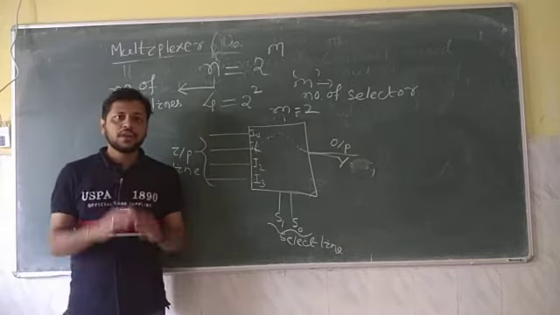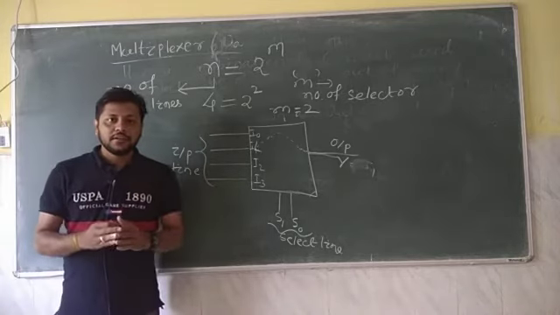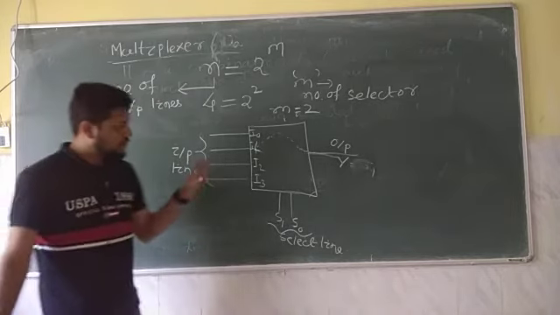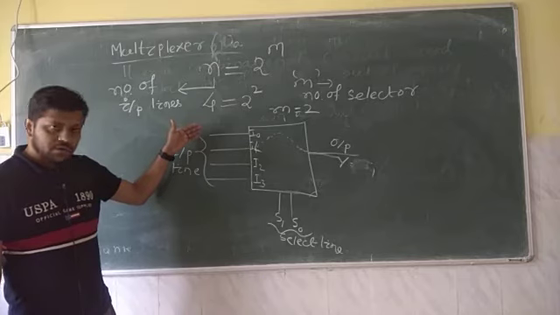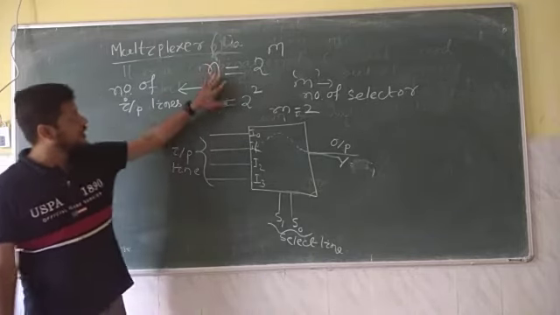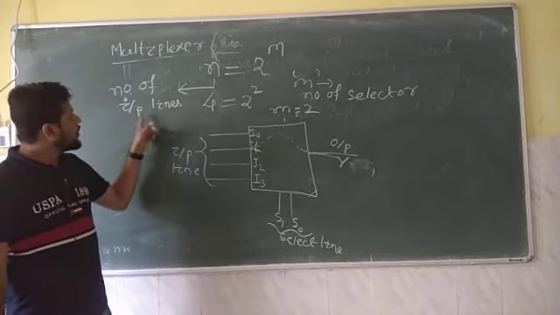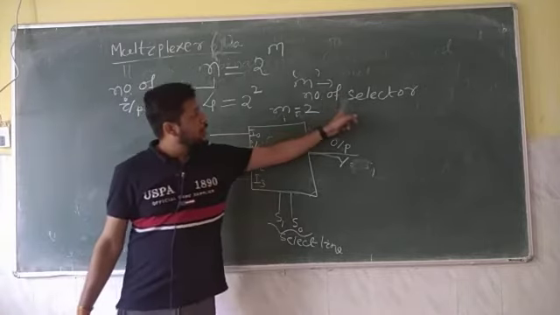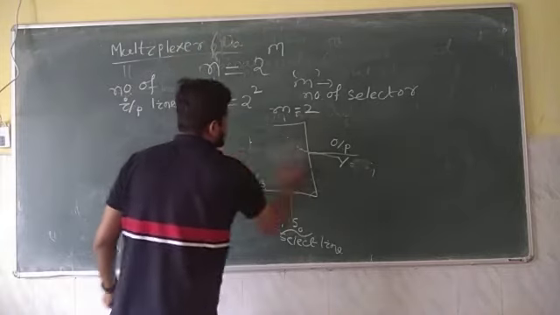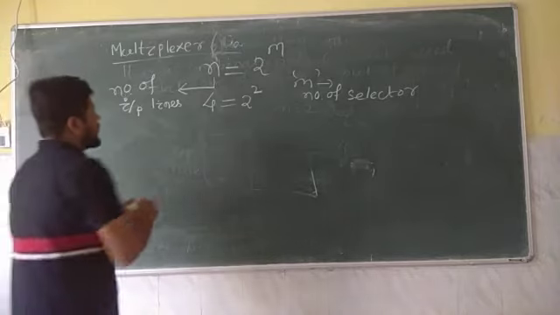This is also known as a universal circuit because by using a multiplexer we can implement any logic gate. We will see its application. So just remember, in case of a multiplexer, we have many input lines. What is the relation between input lines and selection lines? That is n is equal to 2 to the power m, where n is the number of input lines and m is the number of selectors. So for example, if I have, so how to write this?